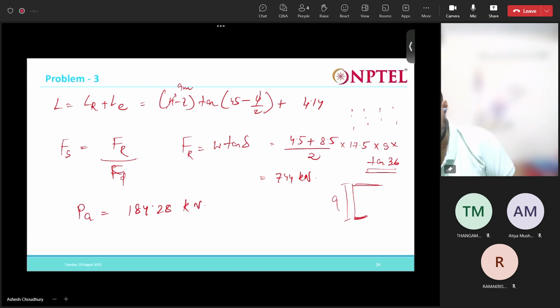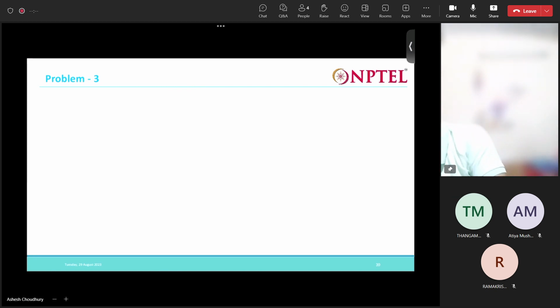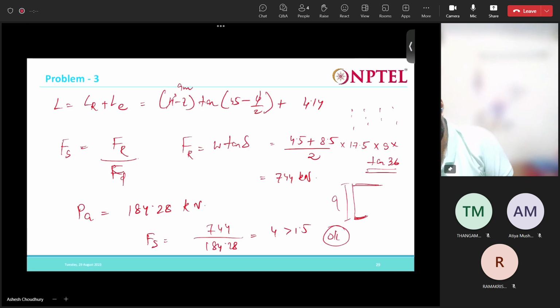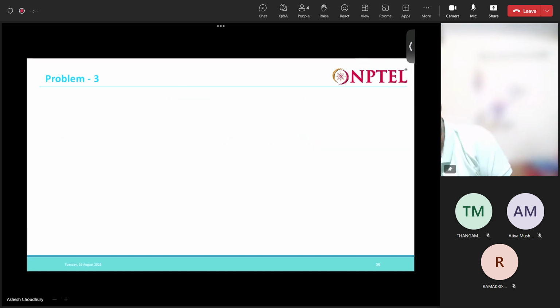So what is the factor of safety in sliding? 744 to 8.5 is okay. Now next is overturning. Factor of safety in overturning is the sum of resisting moment over overturning moment. Let us find the resisting moment: 4.5 into 9 into